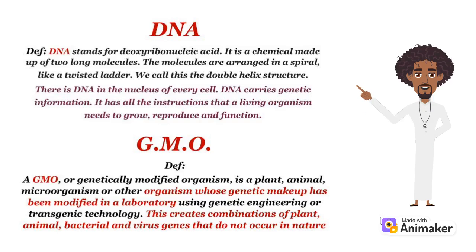Before I begin this video, it is very important that you understand the meaning of the terms DNA and GMO. The understanding of these two terms is critical to understanding this video. These two terms are subjects that are identified at the atomic level. The atom, which is an individual element, is the smallest single entity of matter that we know to exist.